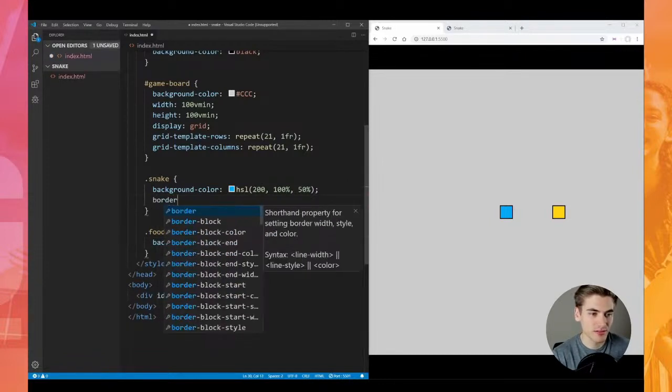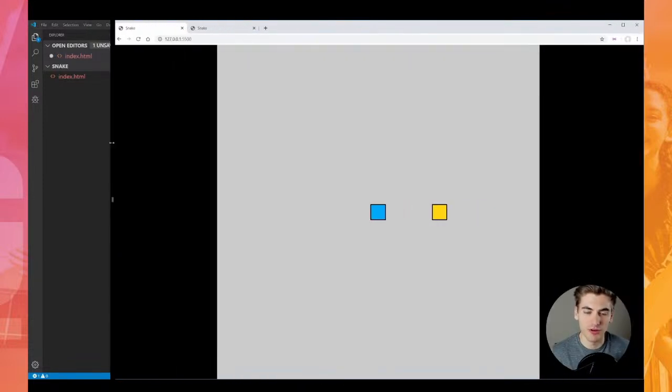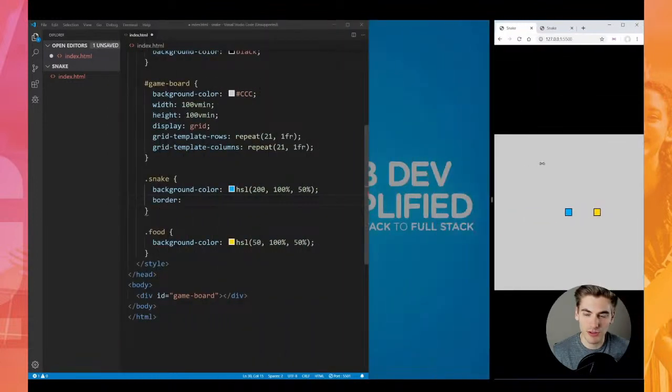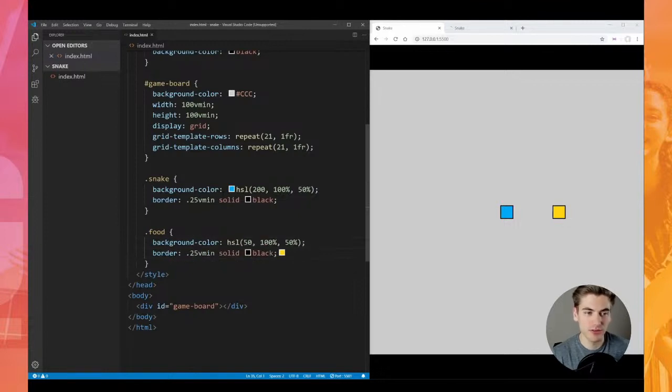And then lastly, we're going to need a border, and I actually want this border to scale with the size of our grid. So when we have a really big screen, our border is going to be bigger, and when we have a really small screen, our border is going to be smaller. So in order to do that, we can set it based on our vmin. So we can say 0.25 vmin, and that's going to be the size of our border. Then we can say in here that we want it to be a solid black border, and we're going to give that to our food as well. So now we have our snake piece and our border for the food piece set up properly,